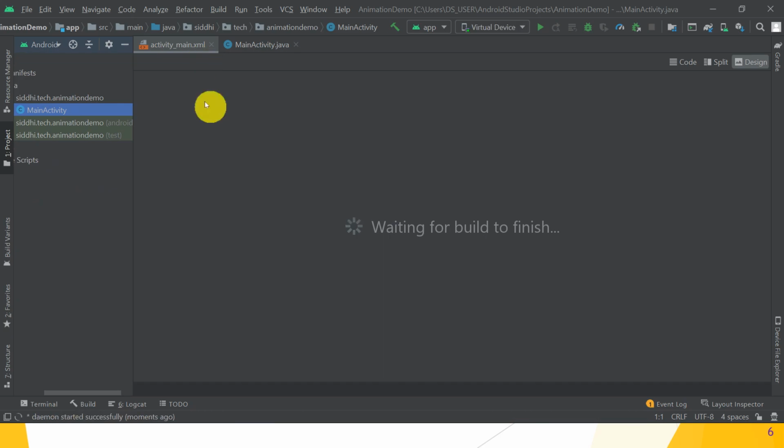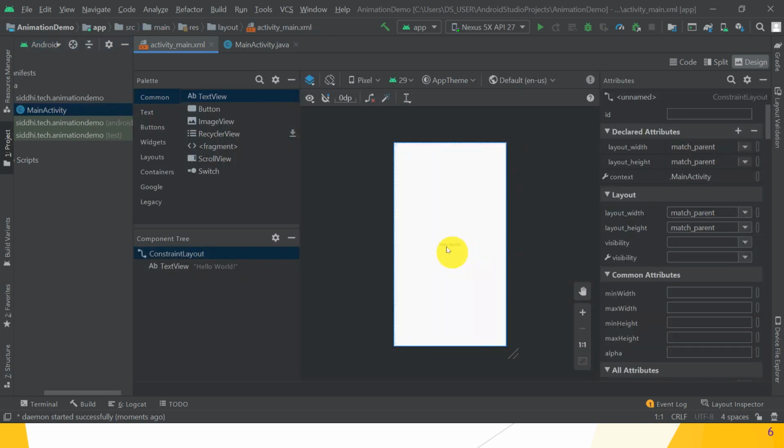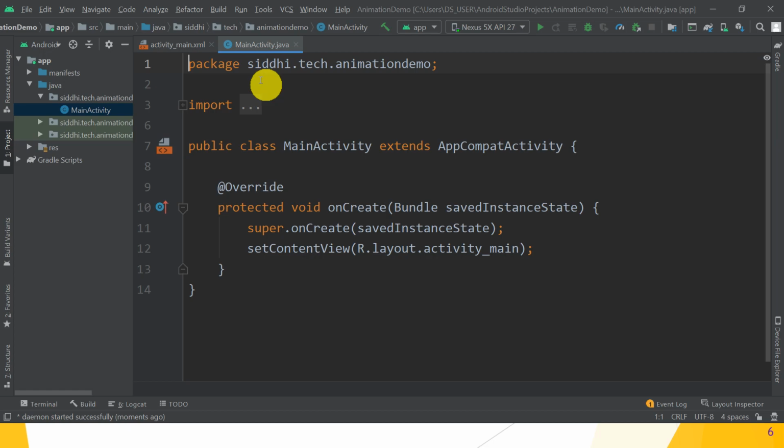Great. So first choose the activity underscore main.xml file, then choose hello world. So wait for some time till the Android project is loaded in our Android Studio. Then the main activity.java file.